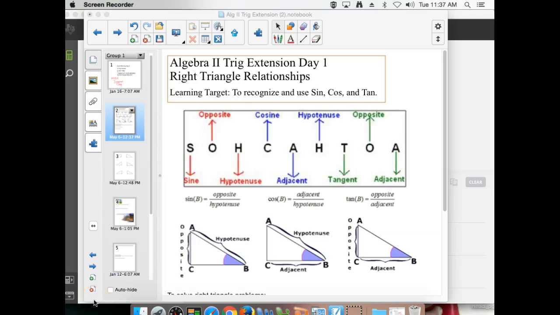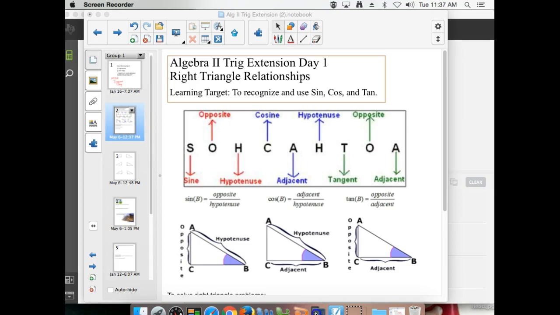All right, hello everyone. Today we're doing a little trig extension. We're trying to get you all ready for the MCAs and ACTs and some good trig practice from what everyone did last year in geometry. This is day one. We will also have a second day to almost do the opposite of what we're doing here today. Okay, now before we even start any of this, before we get into this triangle business,